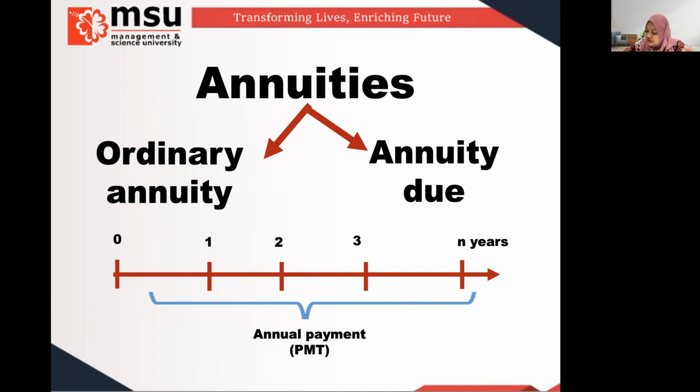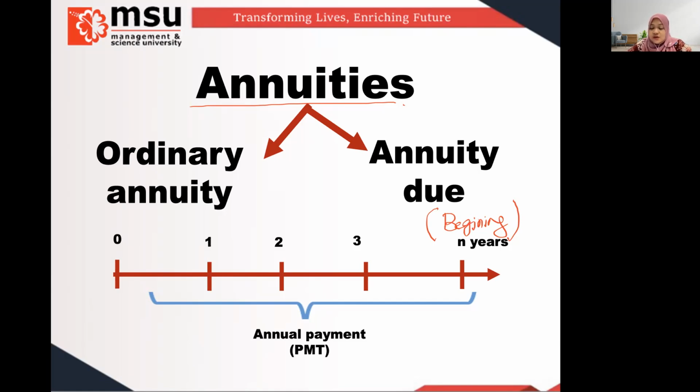So now, the keyword for you to identify which annuity is annuity due is the word beginning. Okay, for annuity due, the payment will happen at the beginning of each year, for example. So the keyword here is at the beginning. Okay,